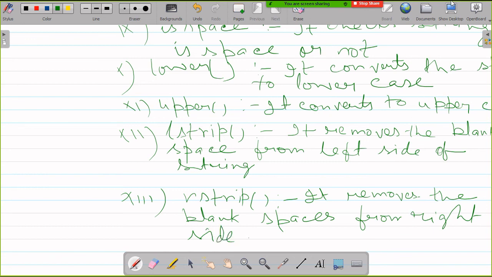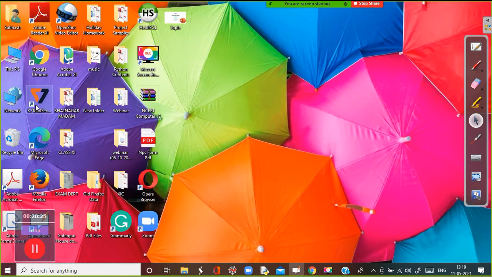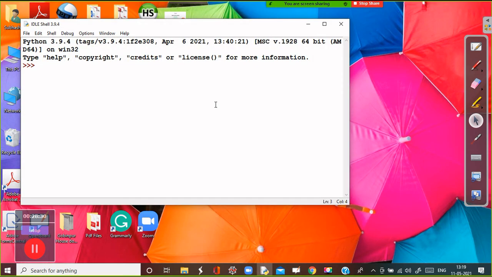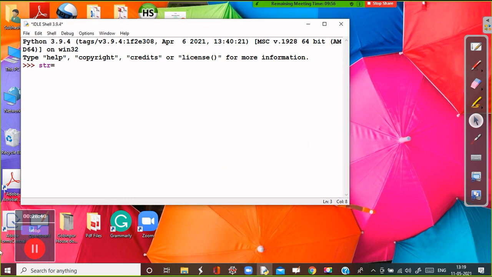Okay, now we'll check these two functions. Suppose a string consists of some spaces, and now suppose I am writing my name, and if you print it, it will show the space.